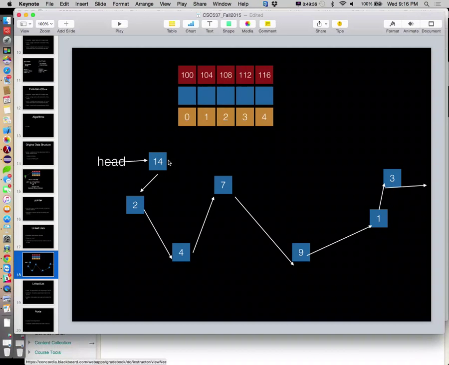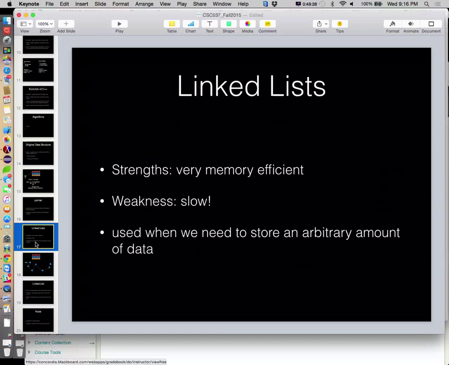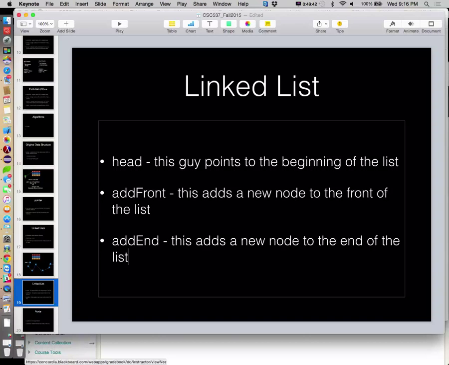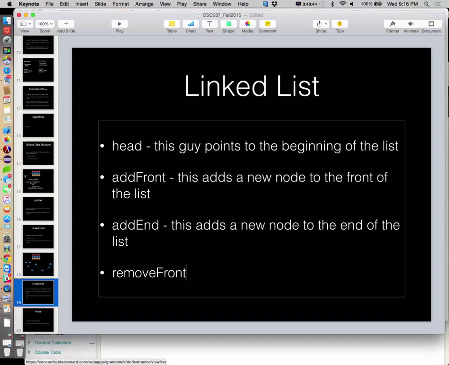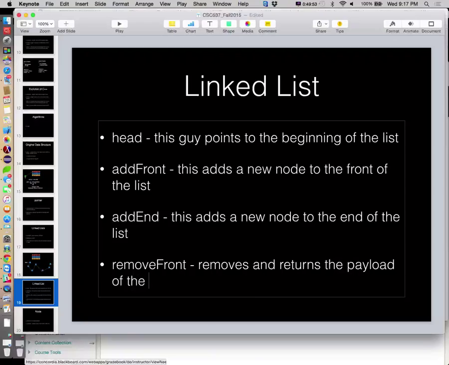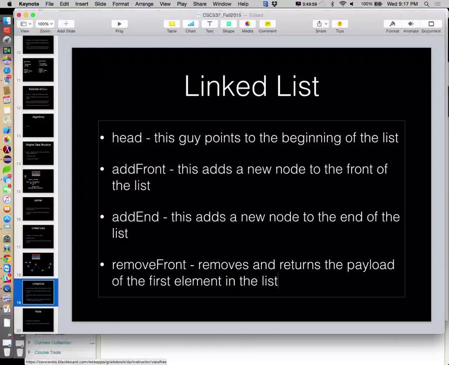So remove front, we'll write that first. Let's give a definition in here. Remove front removes, and usually returns, the payload of the first element in the list. Which means that there's a new first element of the list after this one is gone.